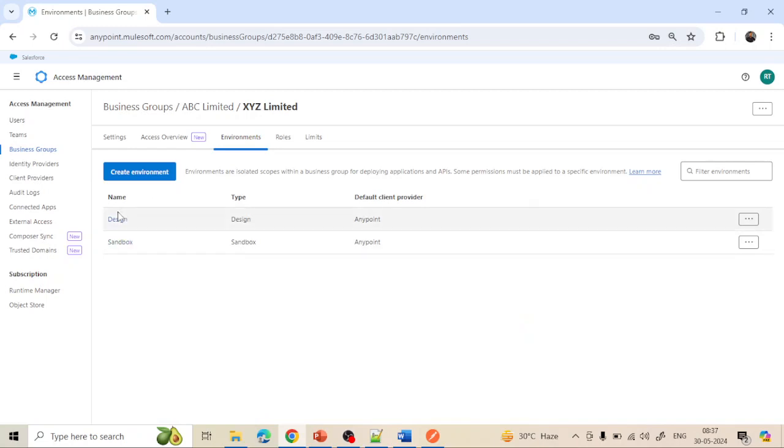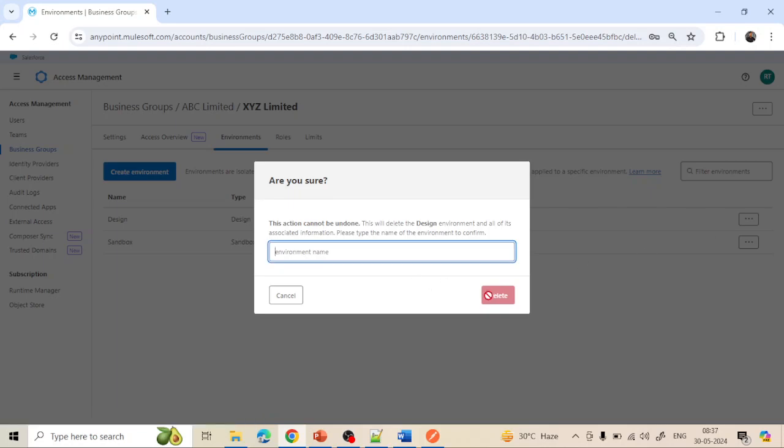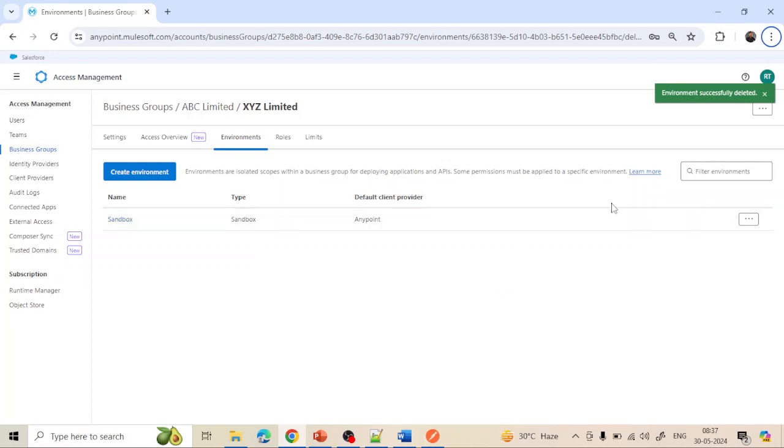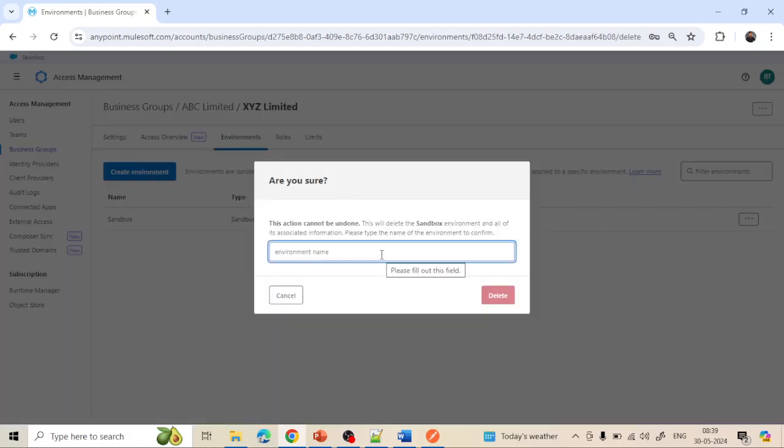But I don't want to keep this environment. I want to customize my environment. So let's delete this environment. Let me write the design environment name, DESIGN, and click on delete. Okay, now it is deleted. Now let me delete the other also. Now let's delete this environment also. I want to customize my environment, so let me delete this also. Okay,